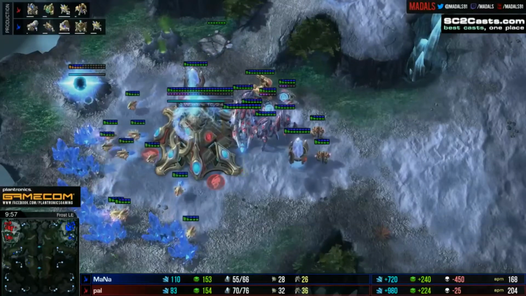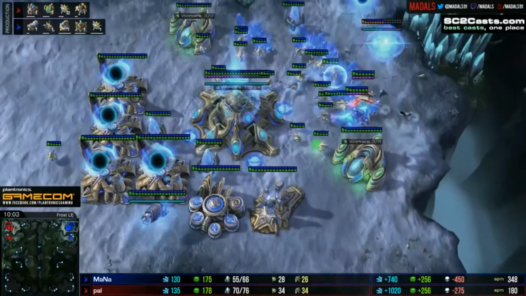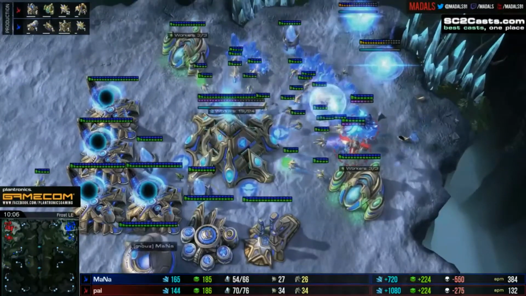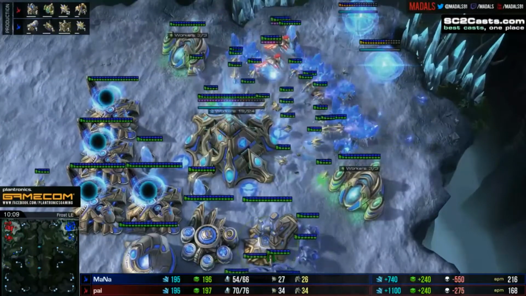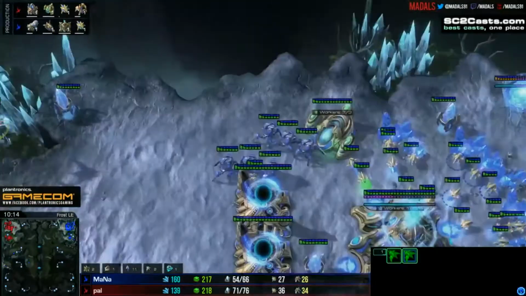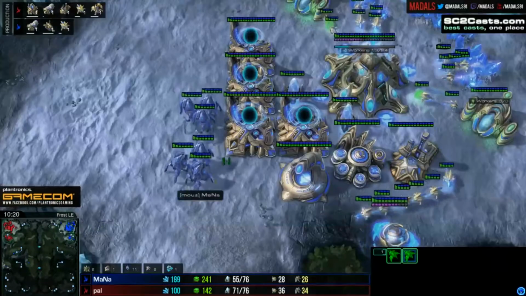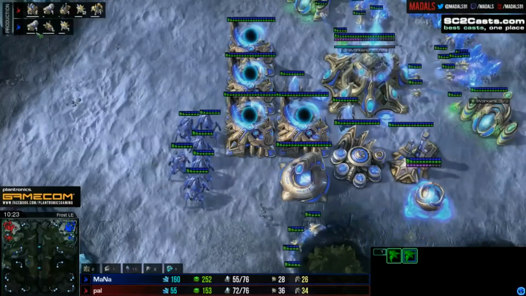I know 4 probes doesn't seem like the largest amount, but it's small advantages that are going to make a big difference to any PvP, any mirror matchup. And now the Phoenix racking up a couple more kills, keeping that advantage looking really solid, slowly getting bigger. And it just needs to keep going this way. All while it keeps racking up kill after kill, keeping the pressure on, keeping MaNa back,